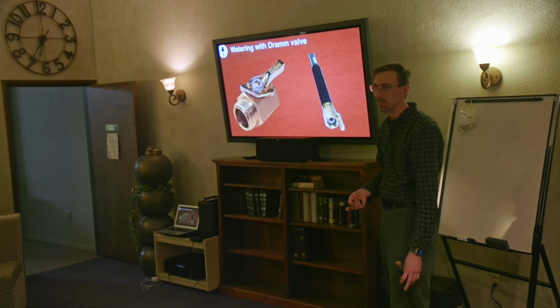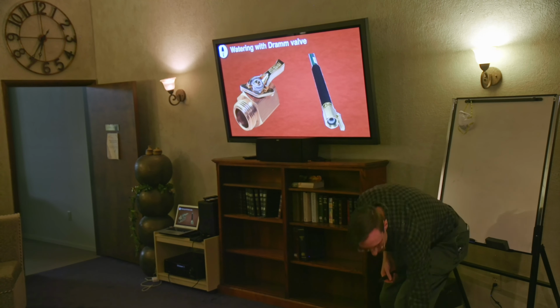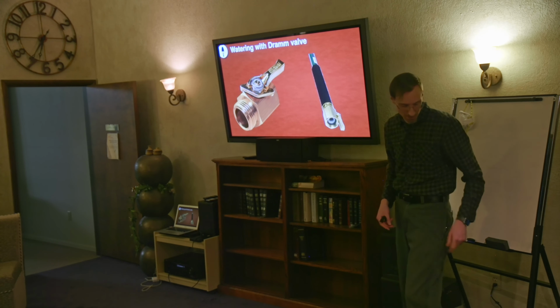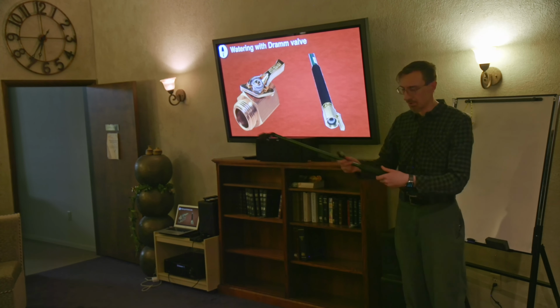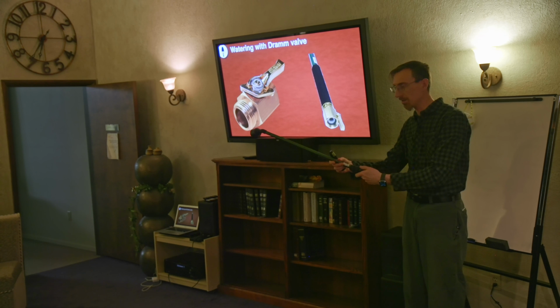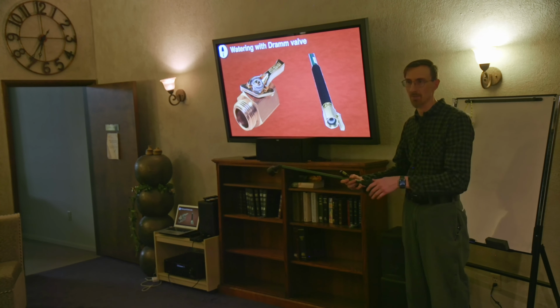So if you have a valve like that, it allows you to swap things on and off, and you can double it up. So you could put your watering wand on the end, you turn that on, and then you can use this. So you'd have kind of a double valve. But